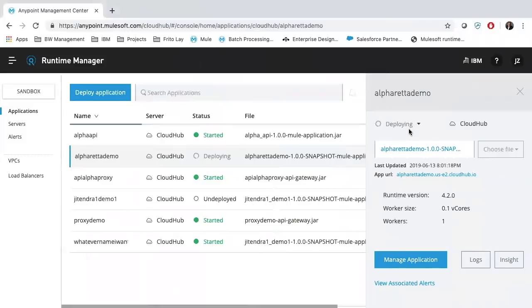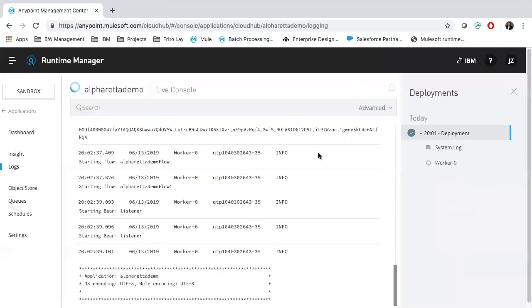You see this small icon, it is deploying. If you want to stop your application or anything, this is the runtime manager. The difference between runtime and API manager: runtime means you can change workers. You can see the logs. I can go to the log, and the log which is showing in my MuleSoft console is showing it now. So this is the runtime manager. In API manager I can monitor my API speed, how fast my APIs are, and whether there is any hog or something there. So it is updating.